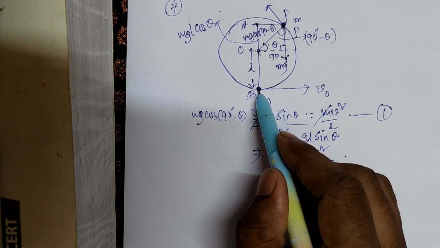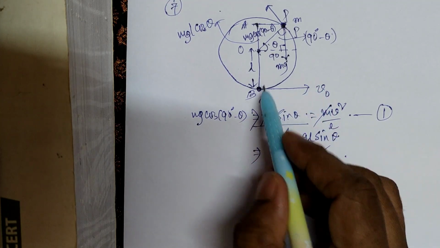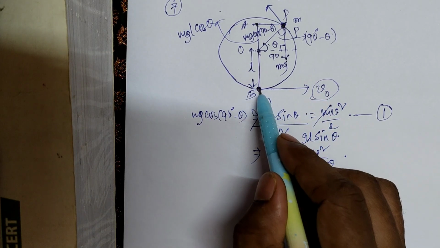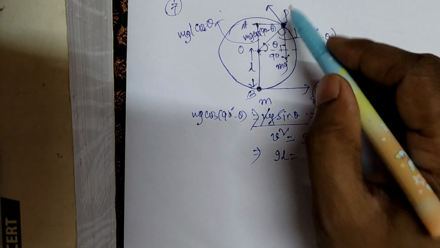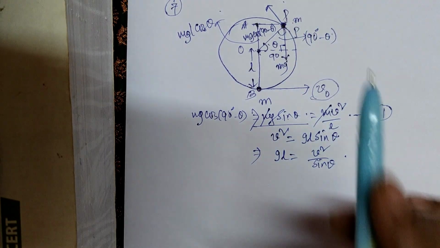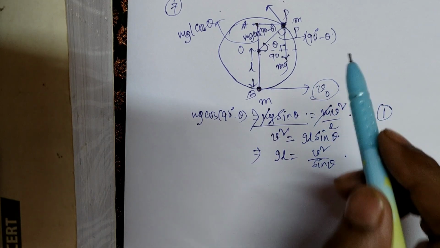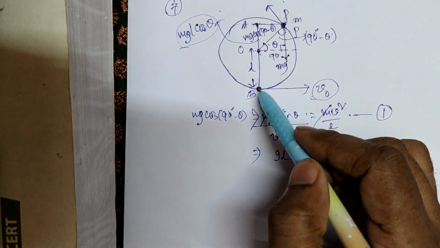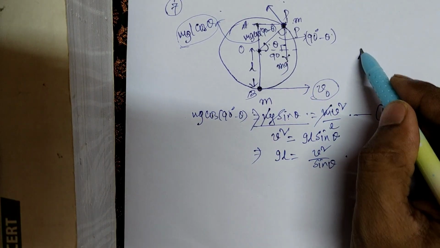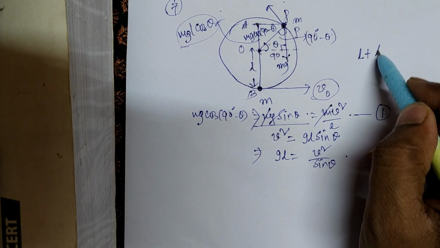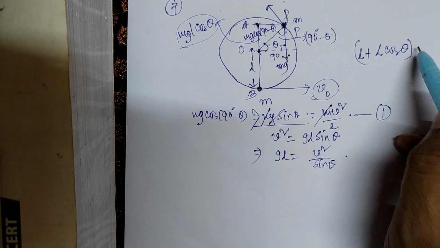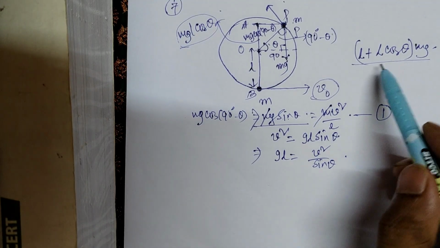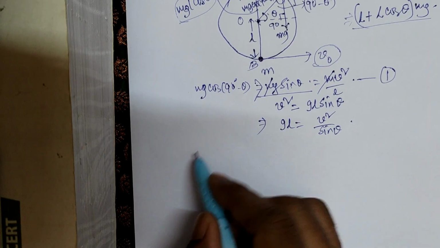Okay, now what about the conservation of mechanical energy? Now we will apply the conservation of mechanical energy at point B. What is the kinetic energy? Half m v0 square. What is the potential energy? 0. And at point P, what is the kinetic energy? Half m v square. What is the potential energy? The potential energy is mgh. So here the total height is L cos theta plus OB, that is L. So the total height is L plus L cos theta, right? And if we multiply by mg, we will get the total potential energy. So according to conservation of mechanical energy,